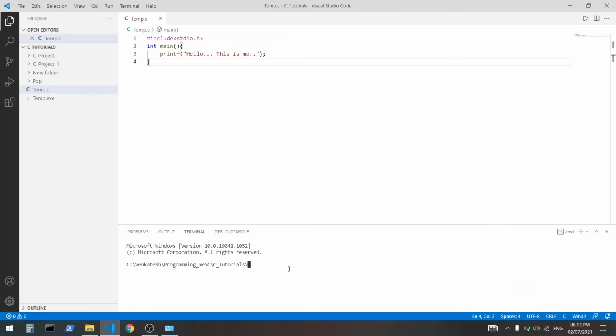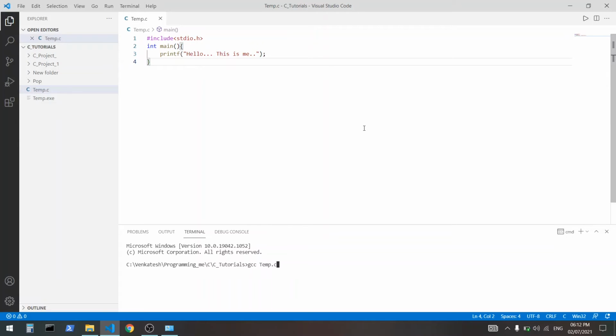But if you want to run via terminal, just write gcc. You can press tab to toggle. Just hit enter after writing this -o and the name of the file you want to give. In my case, I'll rename it as temp_c. You can see that temp_c.exe is now generated in my folder. So when I access that, I will get my output. So let me delete that and show you once again.